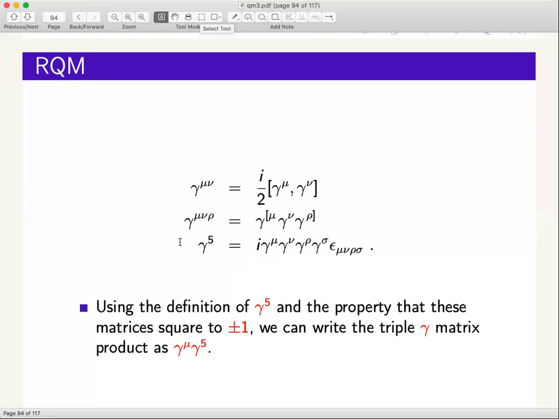So now we said that gamma mu nu rho can actually be written as gamma mu gamma phi. Strictly speaking, I should really write gamma sigma and then epsilon mu nu rho sigma is equal to gamma mu nu rho. But the point I want to make here is that this quantity, gamma mu gamma phi, of which the gamma mu part behaves like a vector, and therefore under continuous transformations of the Lorentz group, gamma mu gamma phi would actually behave like a vector. But if you do a parity transformation,